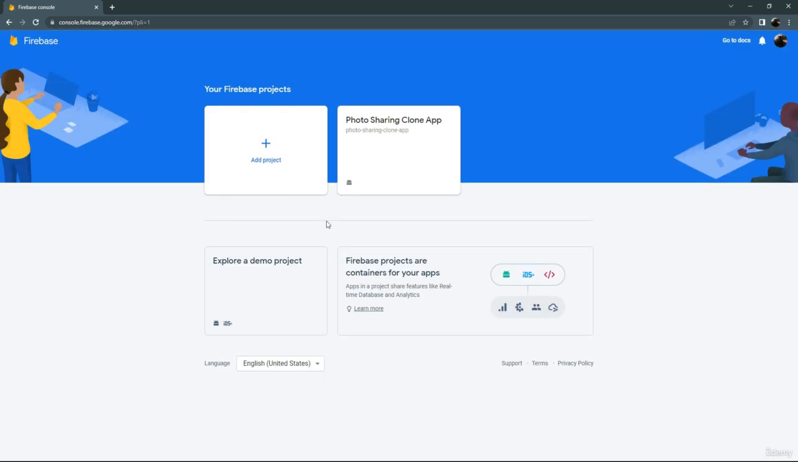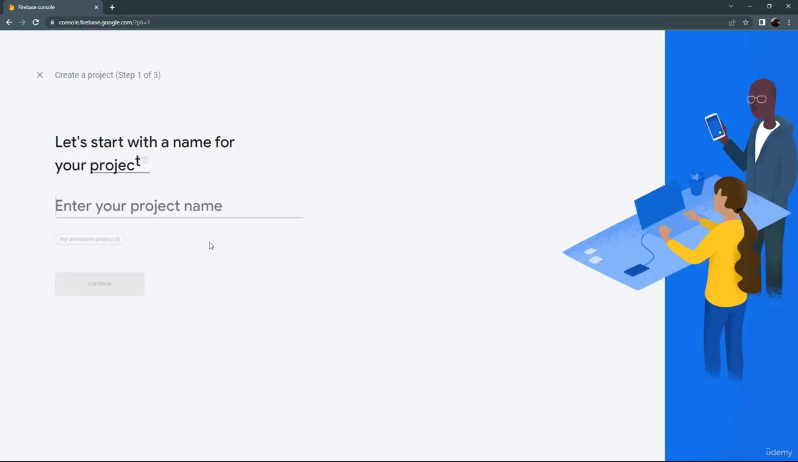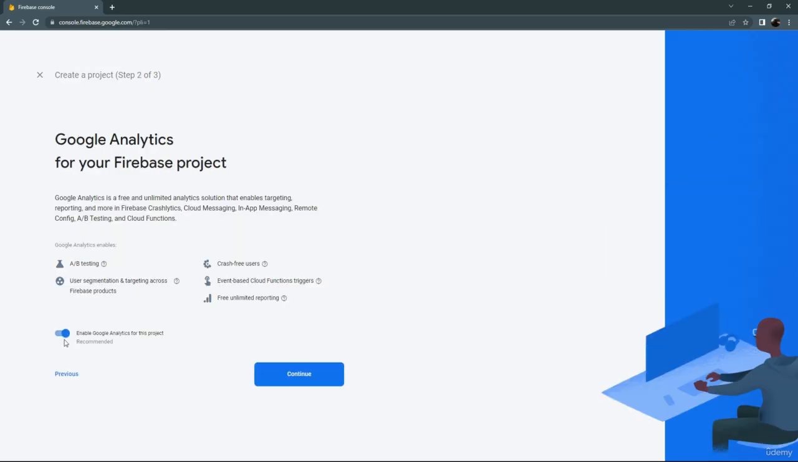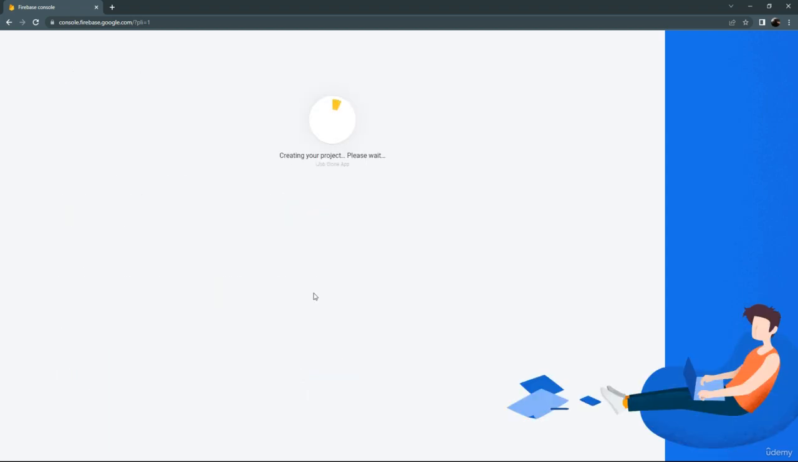In here we will create a new one, so click on this add project. Now we will give the name to the project. I will name this as a iJob clone app. There we go. Now click continue and disable that and create a project. So this is going to take some time, just wait for a while. So we are ready to go. So now click on this continue